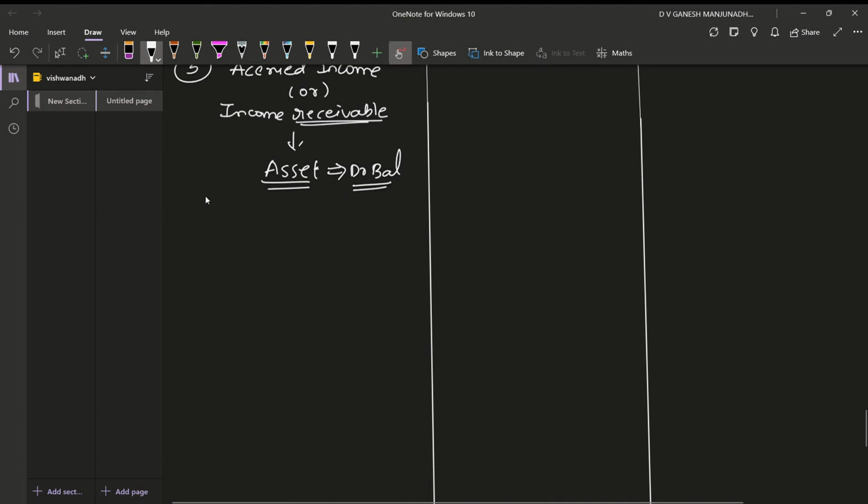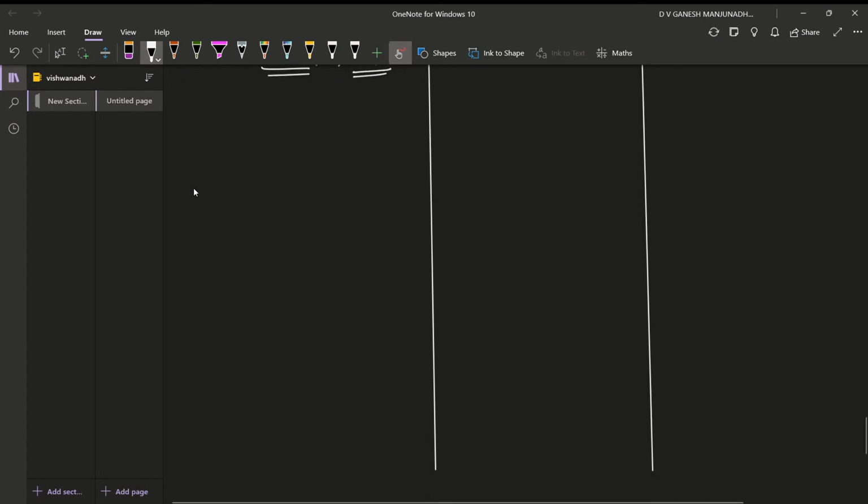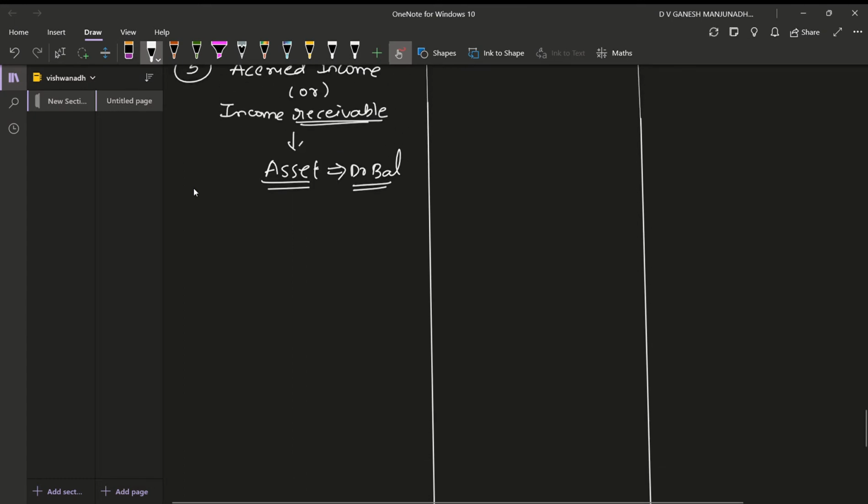Same, let us know accrued income or income receivable. As it is a receivable, we have to add. Receivable means outstanding income. The word outstanding says we have to add, while the word prepaid or advance received would be saying less. Receivable means still not yet received, so we have to add that to income. Income has a credit balance, that means we have to credit the income again.